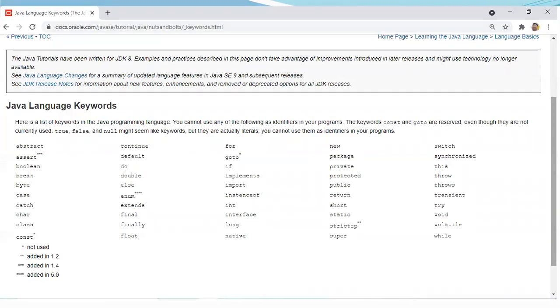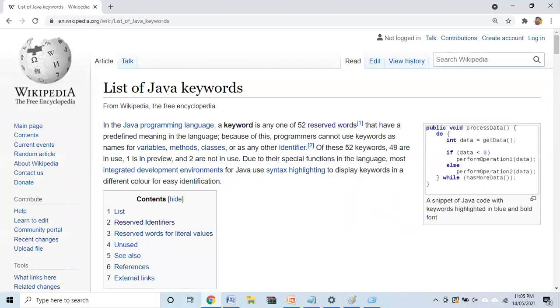When I tried to find out what keywords are available in Java, I visited the official website of Java, which is Oracle. There, on this particular screen, you can see there are so many keywords. When we count them, we get around 50 keywords. But when I look at this in detail, it says it is JDK 8, which is a bit older version. So I thought of Googling it to find out how many keywords there are exactly.